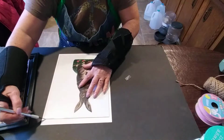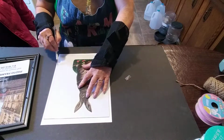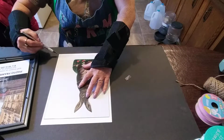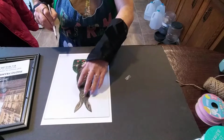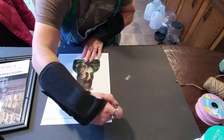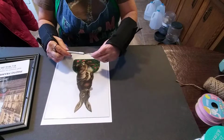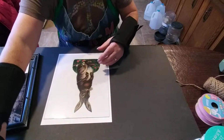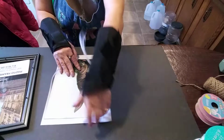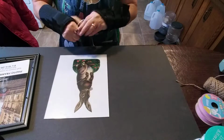This cost about $8 or $9 at Walmart. And be very careful if you have one of these, because you don't want to slip and cut yourself. And what I do, as soon as I'm finished, I immediately put it back on the protector cover. And you just take it up around. All right, now